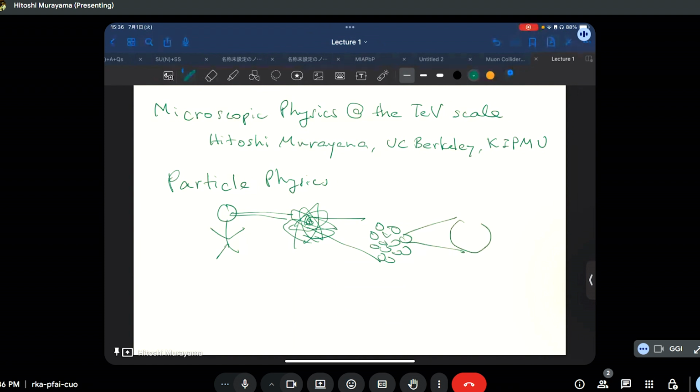We now understand that the protons and neutrons are made of three quarks bound together by the gluons. And at that level, this is actually very complicated. You all know this is an output of the physics, how the quarks are confined inside protons and neutrons. Based on that, we understand